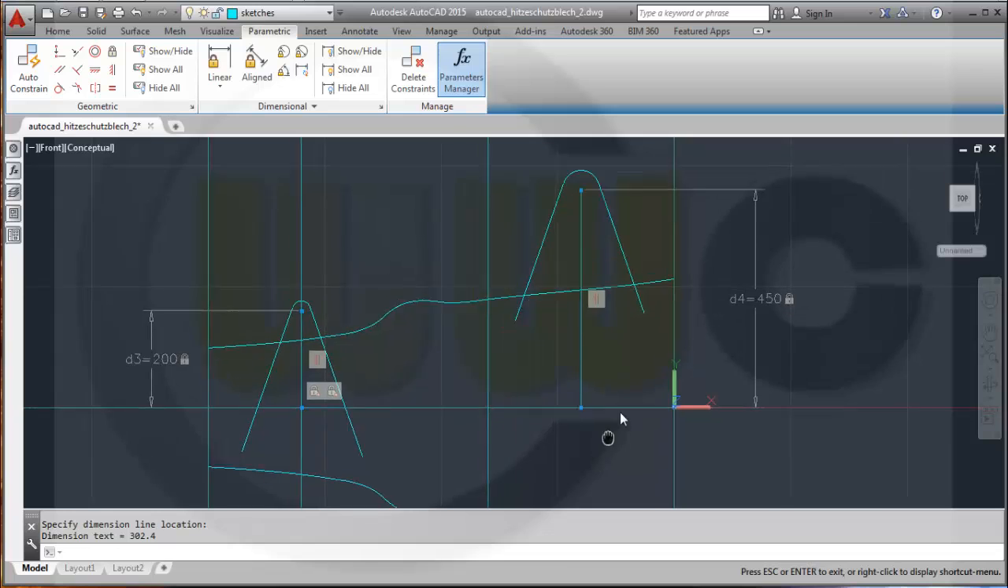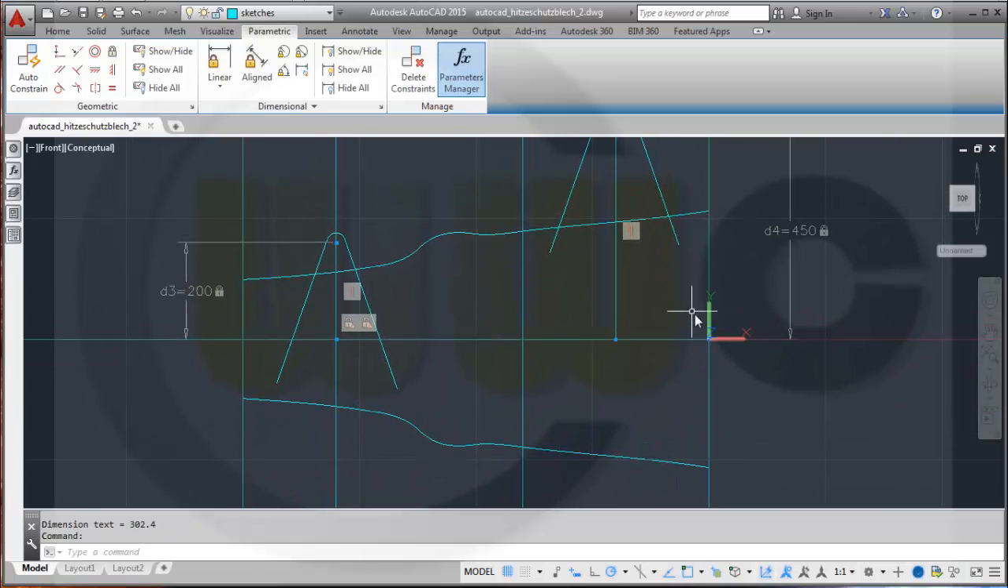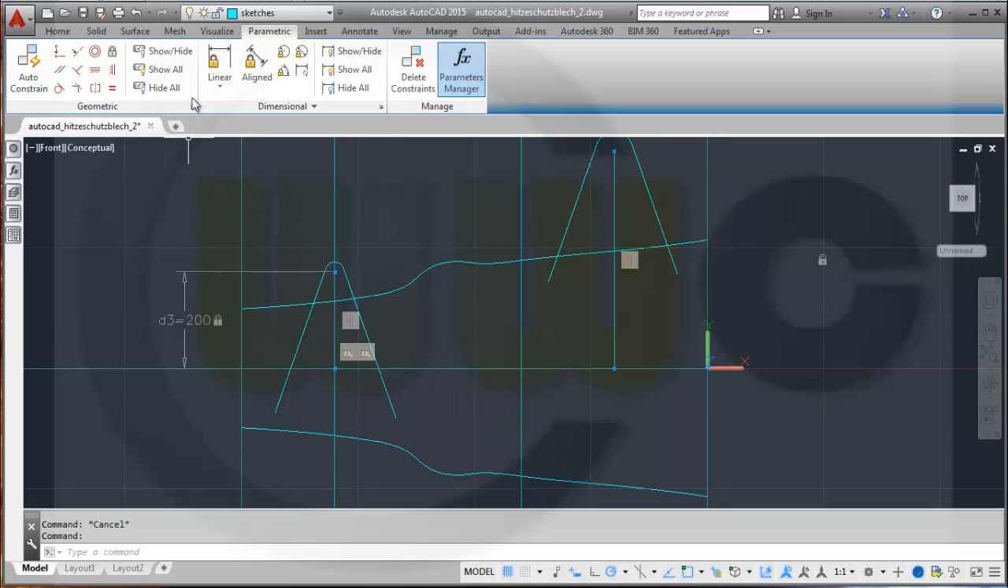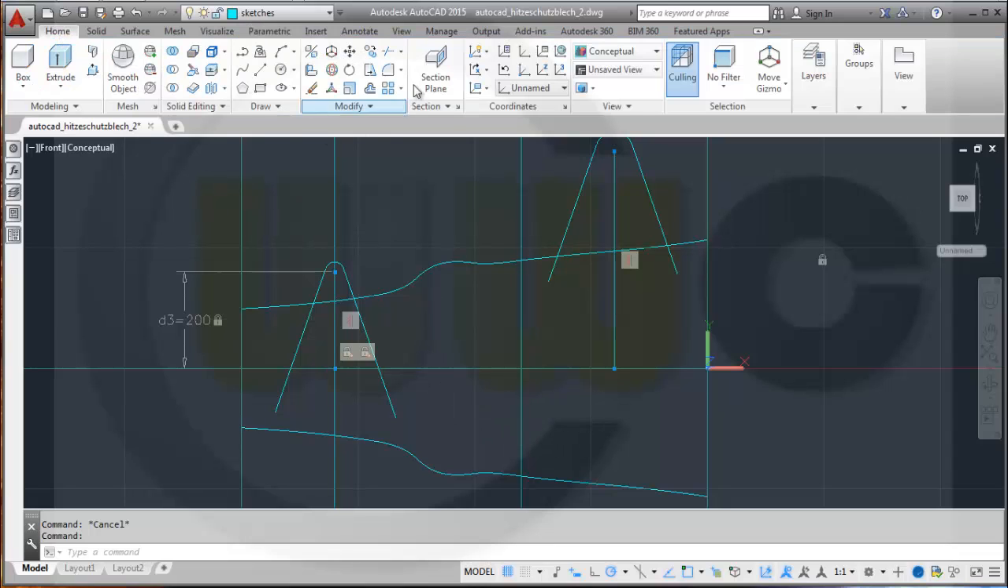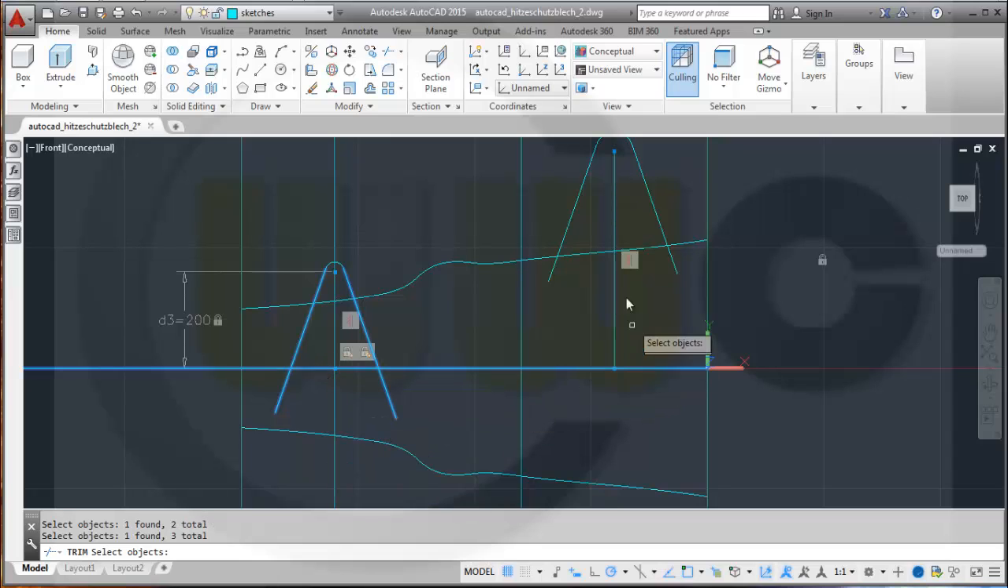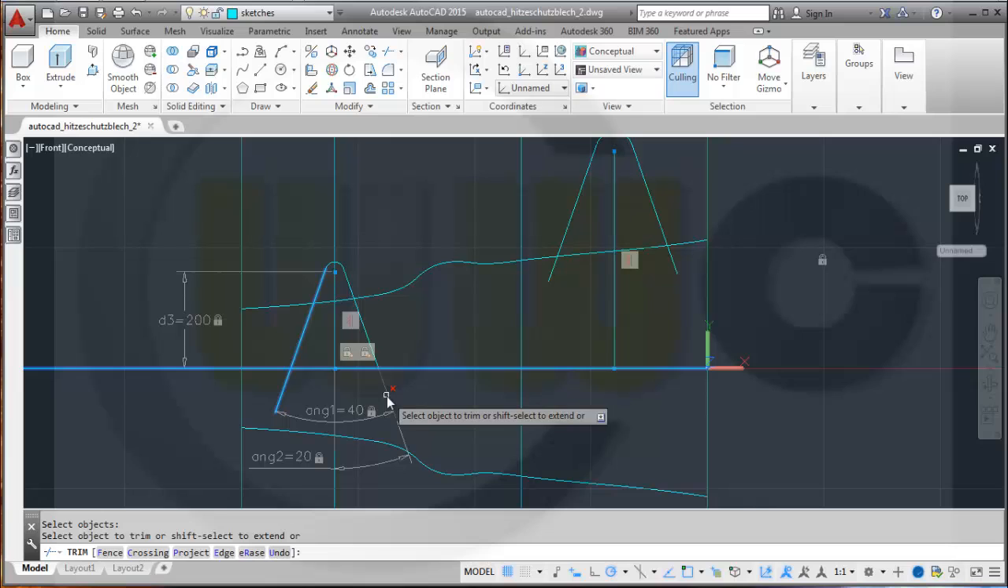Okay, now let's trim it a little bit. So go to trim, and I want to trim this, that one, on this one, and this I don't need to trim. Okay,